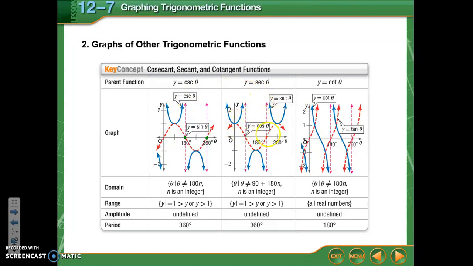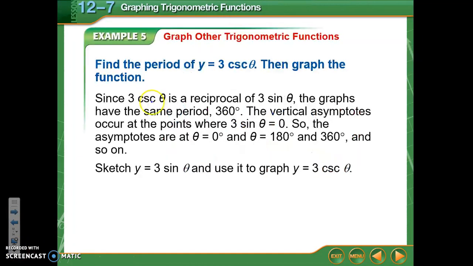Same thing, here's my cosine graph. So the secant graph comes off the bumps of the cosine graph and has asymptotes wherever cosine is equal to 0. The cotangent graph looks a little bit like a reflection of the tangent graph, but not exactly. It has asymptotes wherever tangent would have been 0. Remember that